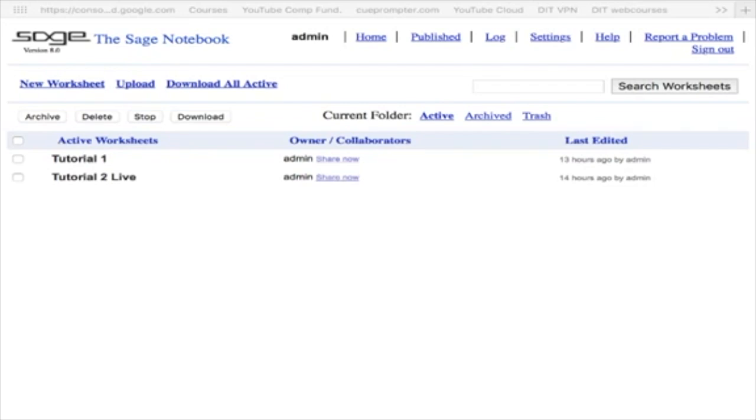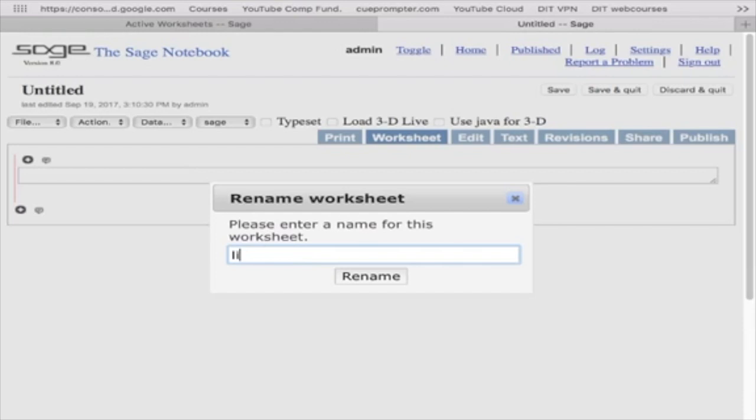So let me start now, and I have very interesting things to do today in Sage, so I hope you will find this tutorial very useful. The first thing I will do is to go and create a new worksheet, and I will call it live tutorial